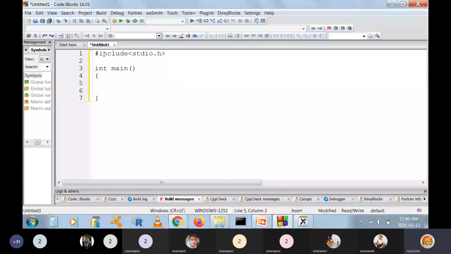Now what I do is I define two variables here, a comma b. Then I also define another variable to store average here. This average float I don't require here. First ask the user to enter two numbers here. Enter two numbers.